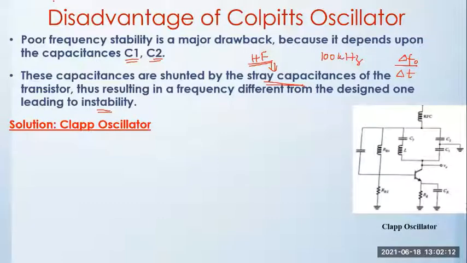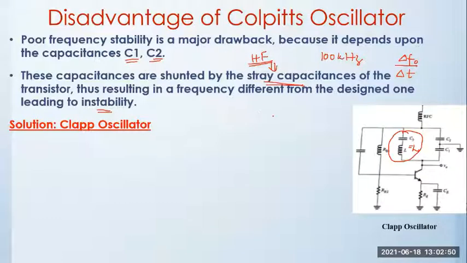And remember, we are working at high frequencies here, radio frequencies. So usually there will be stray capacitances which will try to deviate the frequency from the design value, hence causing instability in the output. Therefore, that can be overcome. If you can see in the circuit, you have just replaced the inductor which was present in the Colpitts oscillator with an inductance and capacitance in series.